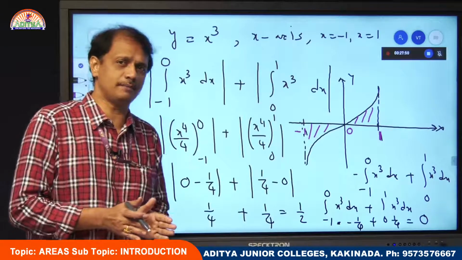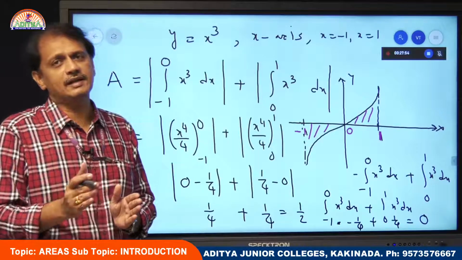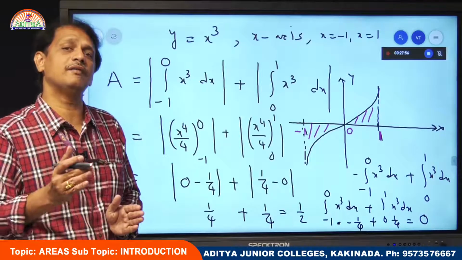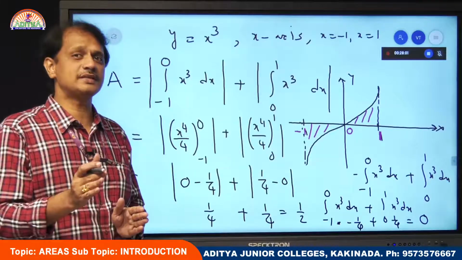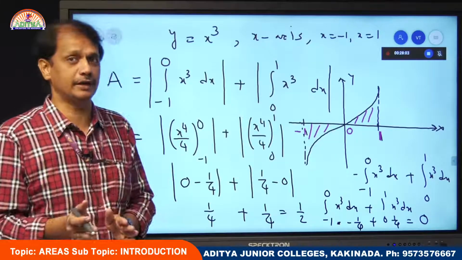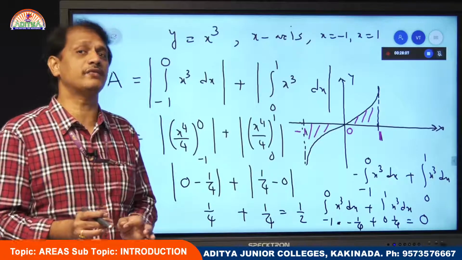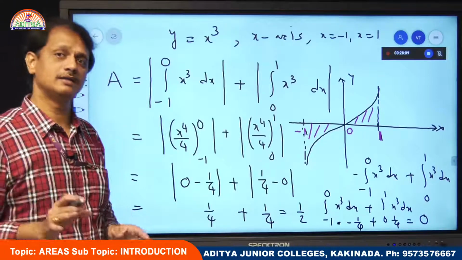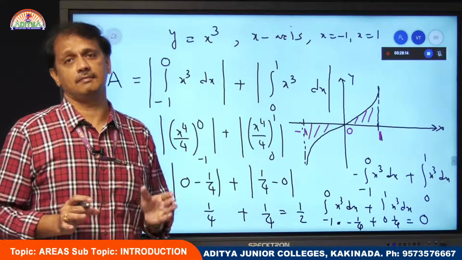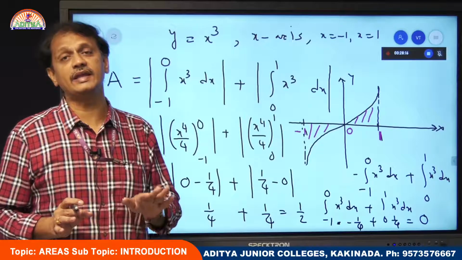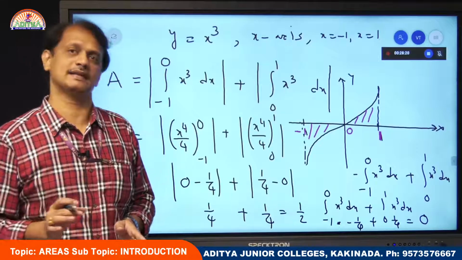That is the main difference between a definite integral and area. Sometimes a definite integral may coincide with the area when f of x is greater than or equal to 0. Suppose f of x is partially positive, partially negative. In such cases, the definite integral value is totally different from area. That's why, as I said in earlier classes, the definite integral is the algebraic sum of areas of the regions bounded by the curve, the corresponding limits and the x-axis.